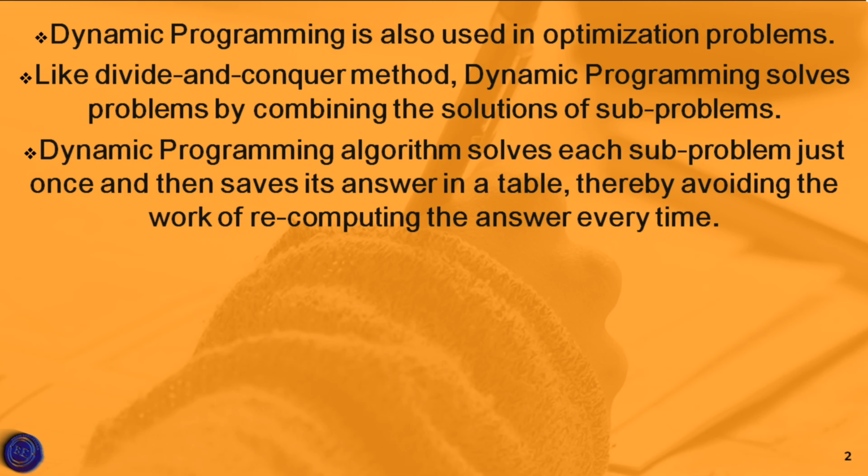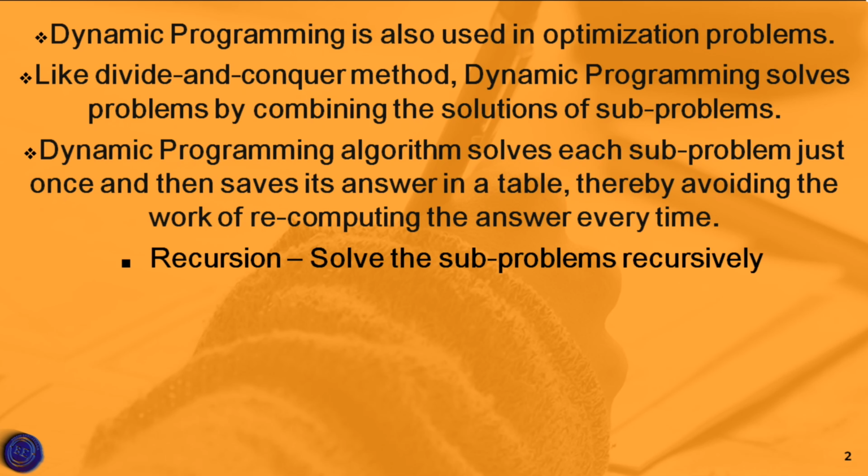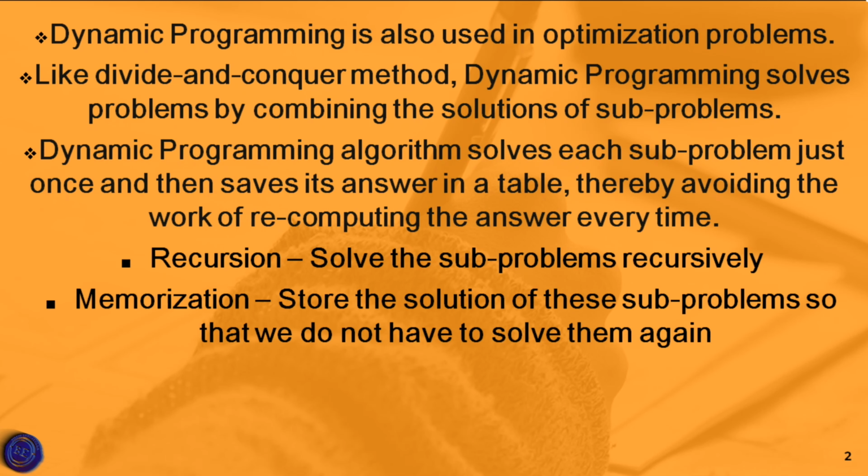So for solving a given problem, we have two types of approaches. One is the recursion approach. We are going to find the solution of a subproblem recursively. That means we are going to find the solution a number of times when it is needed. And the second one is memoization. So in this memoization approach, the solution of the subproblem is stored inside a table. When the solution is needed at a particular time, the value is called and it will perform the task and again it will come back to its original position. So dynamic programming works on the concept of memoization. That means the subproblem solution is stored in a particular table.